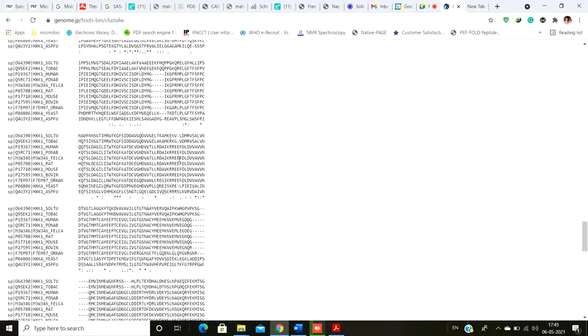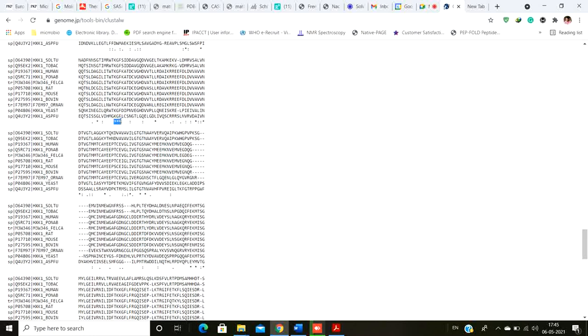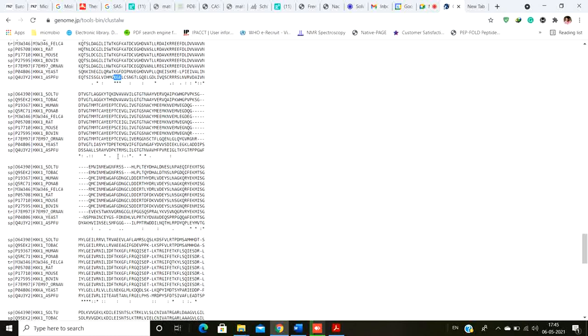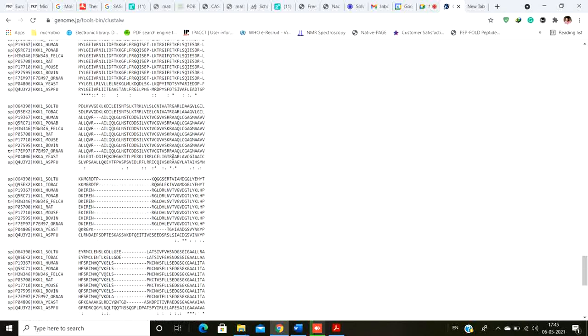Okay. So that's what it gives you. You can also identify the conserved domains from here. This is a domain that is highly conserved. See, in this particular domain you have KGF. KGF is a very conserved domain. So now you can go to the hexokinase structure, open it up and look into the KGF domain. If you're lucky, you might see that this domain is present in the active site. Obviously the active site will be a highly conserved domain, right? Generally the active site, or the regions which give proper structure or functionality to that enzyme, are the highly conserved domains. So you can identify those domains like that.